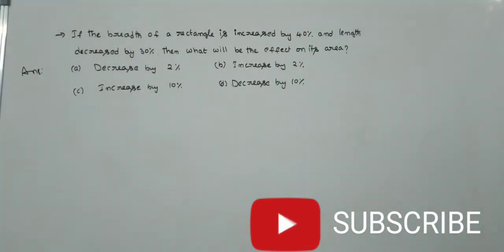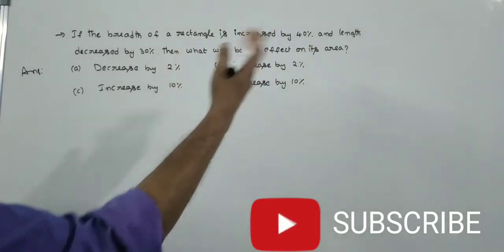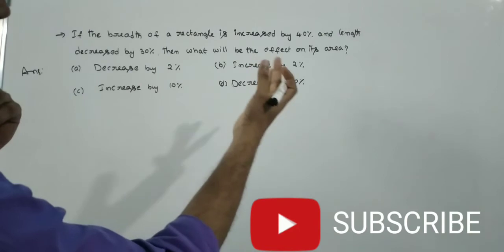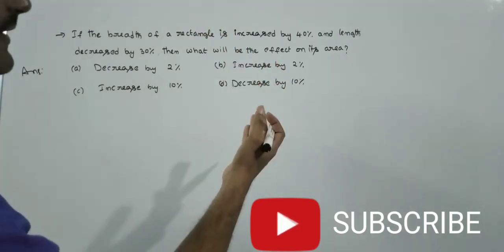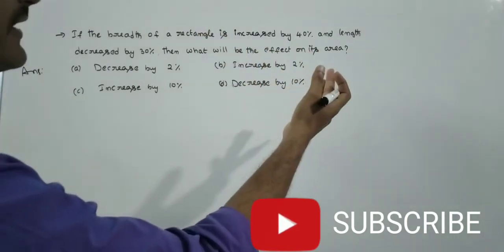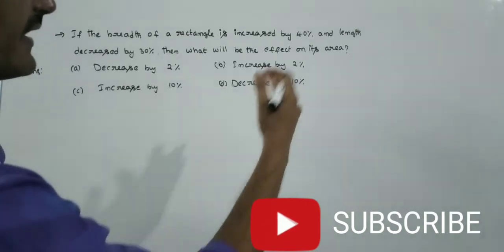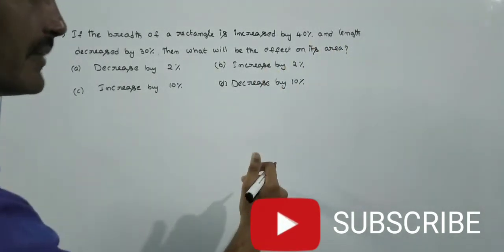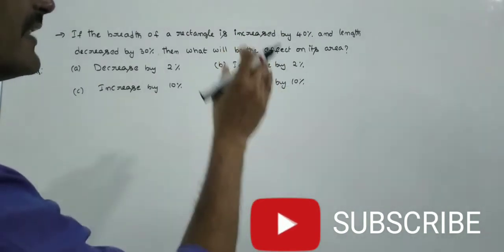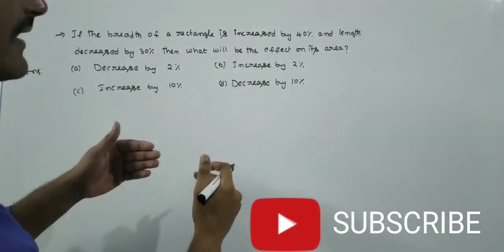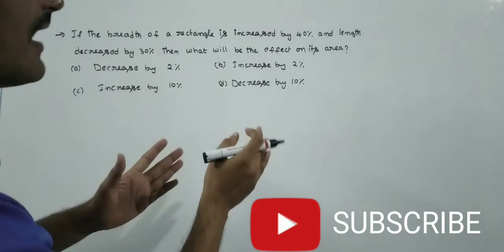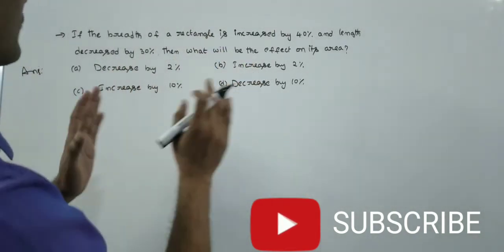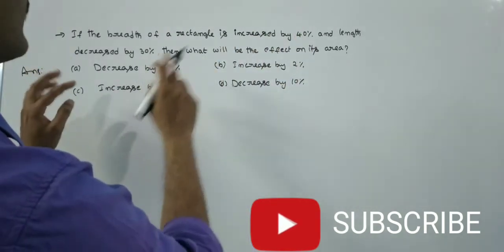Next problem I will tell you with different percentages. So far we have calculated with the same percentage. Same percentage means increased by 30%, decreased by 30%, increased by 10%, decreased by 10%, increased by 20%, decreased by 20%. If the same percentage is increased and decreased, we will always get an answer less than the original number. See friends, now here it is different.